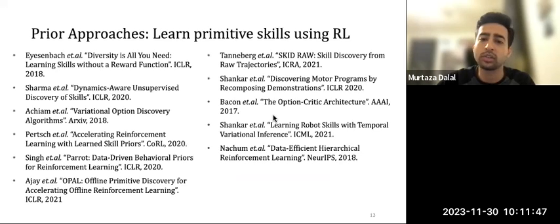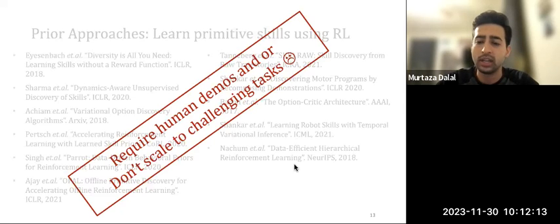On the other hand, an alternative way to approach the problem is to improve the interface of the RL algorithm with the robot itself. There's a ton of prior work in the hierarchical RL community on this, primarily on skill learning or primitive learning. As you can see here, there's a ton of approaches, and this slide is actually 2 years old, so there's probably a lot more since then. But the fundamental problem is that these approaches don't scale well to challenging tasks. Generally, they require human demonstrations, which are fairly hard to obtain and very costly.